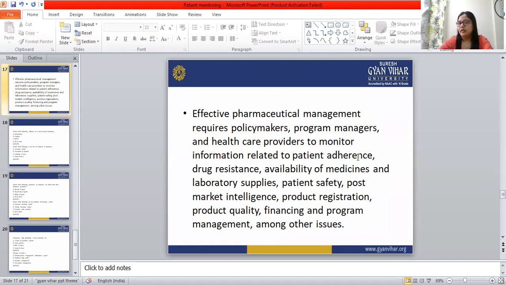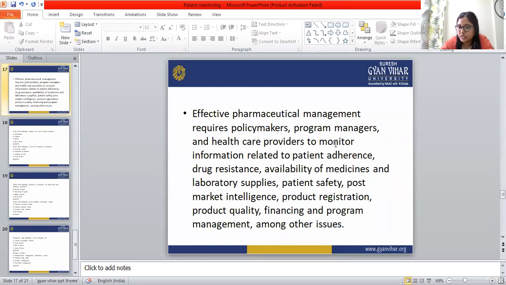If we want a good or effective pharmaceutical management system, it requires policymakers, program managers and healthcare providers to monitor information related to patient adherence. We already know what patient adherence is. Next is